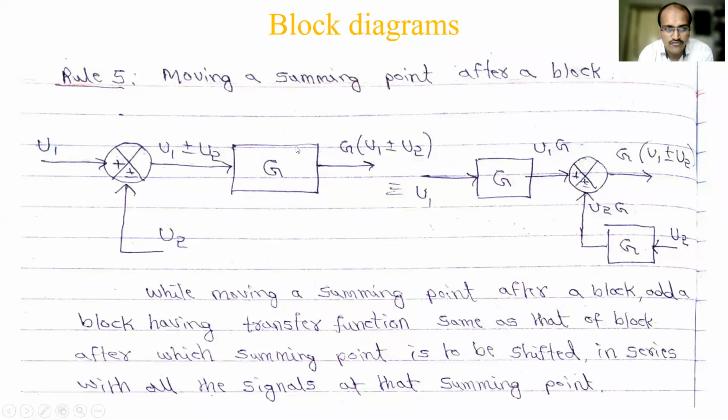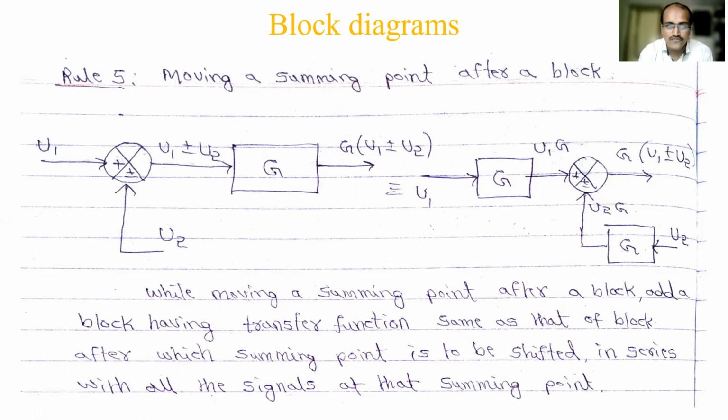Then there should not be any change in this network. For that, the modification you have to do is move the summing point ahead of the block. So G you are writing first, and G is there as it is. Here the U1 signal is there as it is, so the output is U1 G. But the output should be GU1 plus or minus GU2, so U2 should be added. For that, you have to add one more block G in the feedback path. Before the summing point, the U2 signal should be applied to it. Now the output of this block is U2 G, and now you can do U1 G plus or minus U2 G. Then it will satisfy the same algebraic equation.